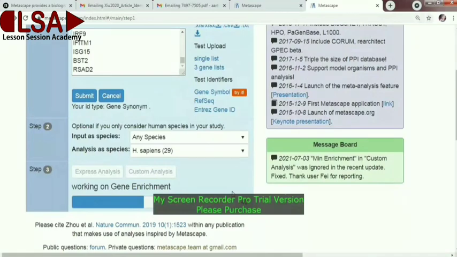Metascape has almost 40 knowledge bases, pathways or different databases, and analysis is done on a single click. It will take some time also.